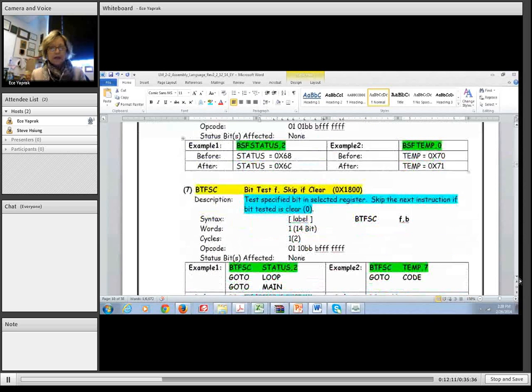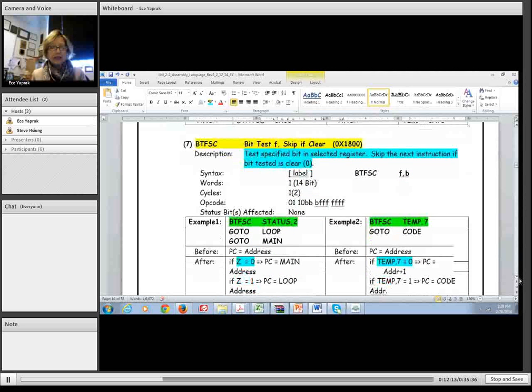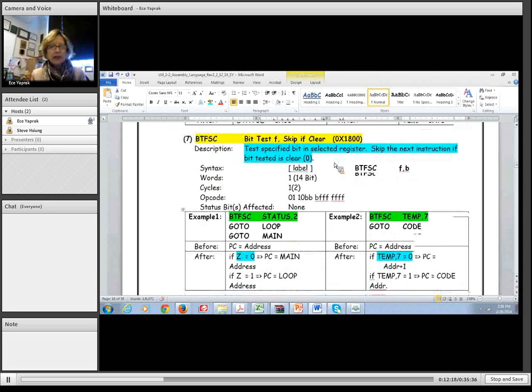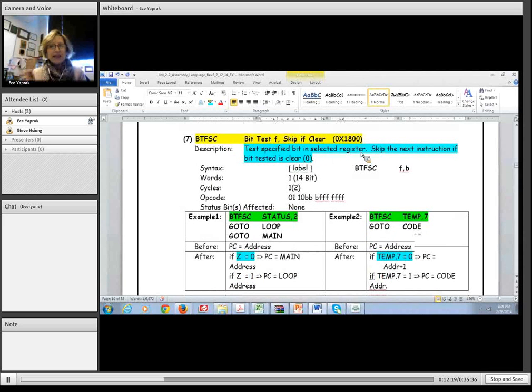This instruction is bit test F, skip if clear. It tests the specified bit in the selected register. Skip the next instruction if the bit tested is clear or 0. So here, this is the instruction. It says the second bit of the status, which is the Z bit, is tested. If Z is equal to 0,